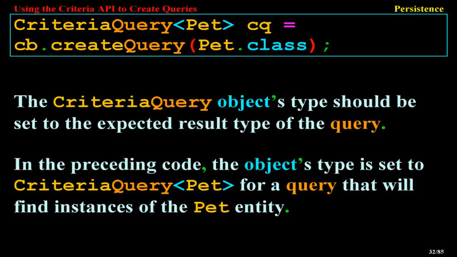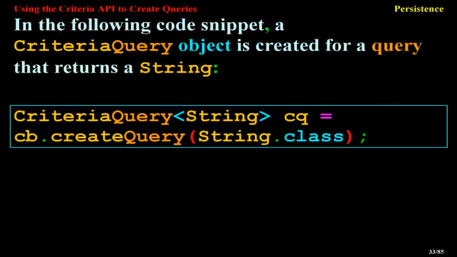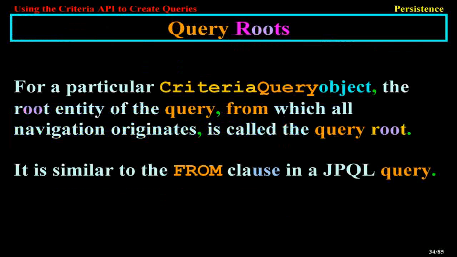The CriteriaQuery object's type should be set to the expected result type of the query. In the preceding code, the object's type is set to CriteriaQuery<Pet> for a query that will find instances of the Pet entity. In the following code snippet, a CriteriaQuery object is created for a query that returns a String. CriteriaQuery<String> cq = cb.createQuery(String.class);